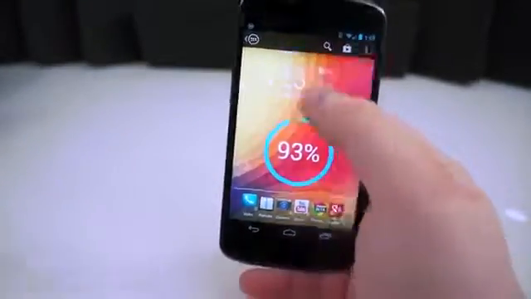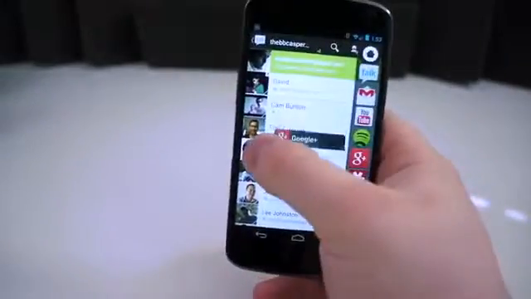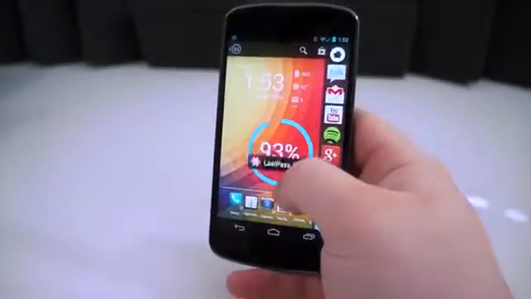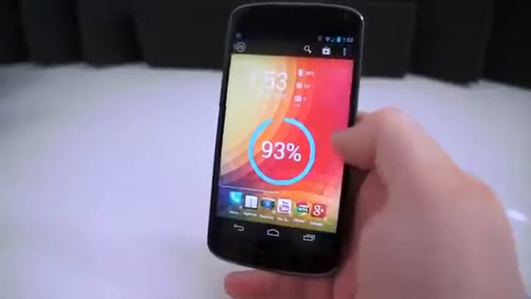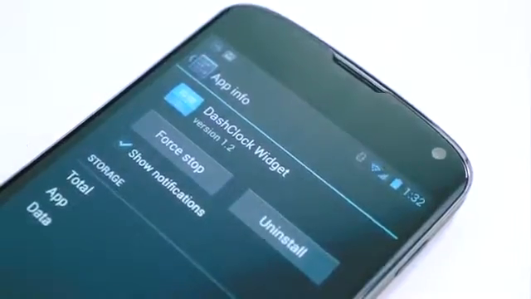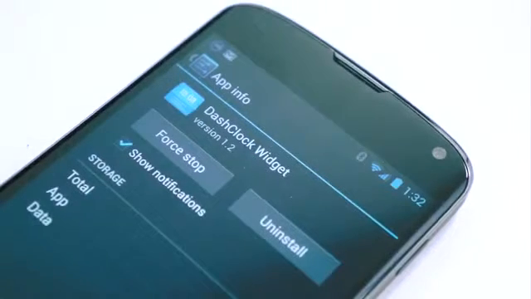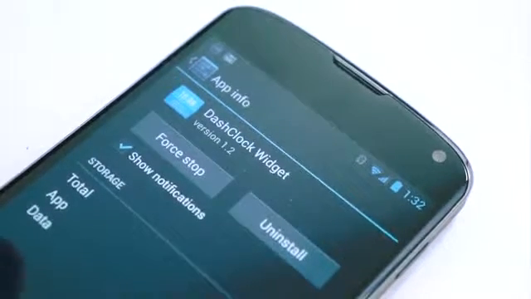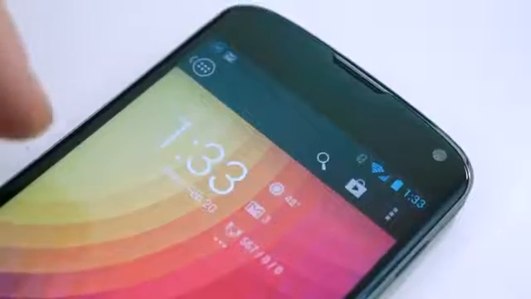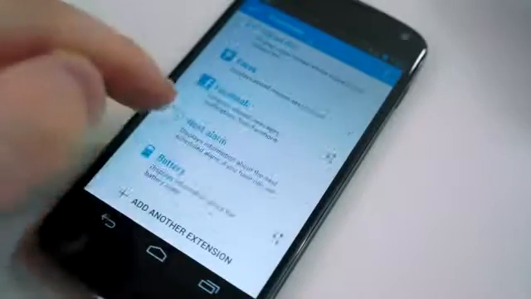There are settings such as being able to change the side of the display, how sensitive it is, and other things. And there's a premium version as well. The free version works great, although there are some notable bugs. Next up is Dash Clock Widget. It's created by one of Google's own, and many have said that it should be the default clock widget. I tend to agree. It works just like any other clock widget by giving you the time, but it also